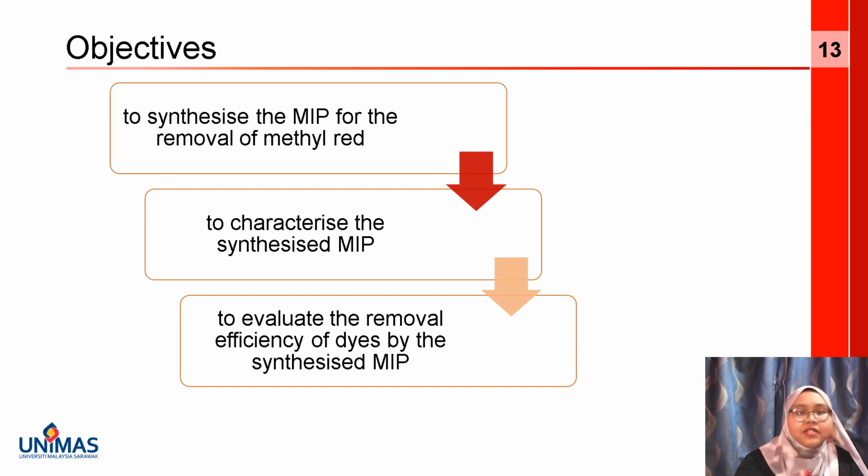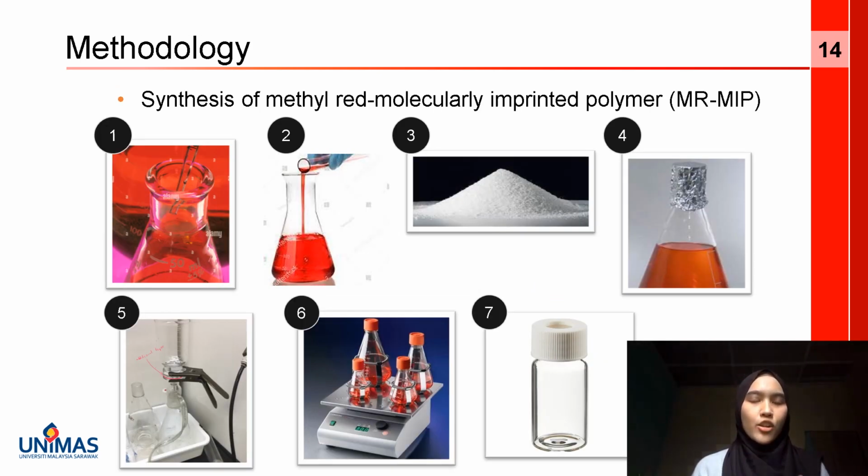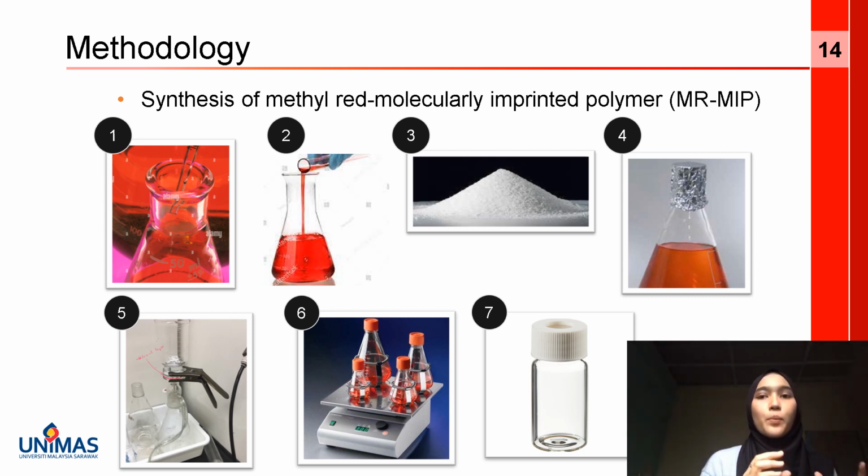Meanwhile, the removal efficiency of methyl red by the MIP will be evaluated by using UV-Vis spectroscopy. To synthesize the methyl red MIP, 0.1 millimole of MR solution will be added into a porogenic solvent containing a mixture of 10 ml of dimethyl sulfoxide and 65 ml of acetonitrile in a 250 ml conical flask. The dye will be completely dissolved in the porogen by sonication before adding 4.00 millimole of